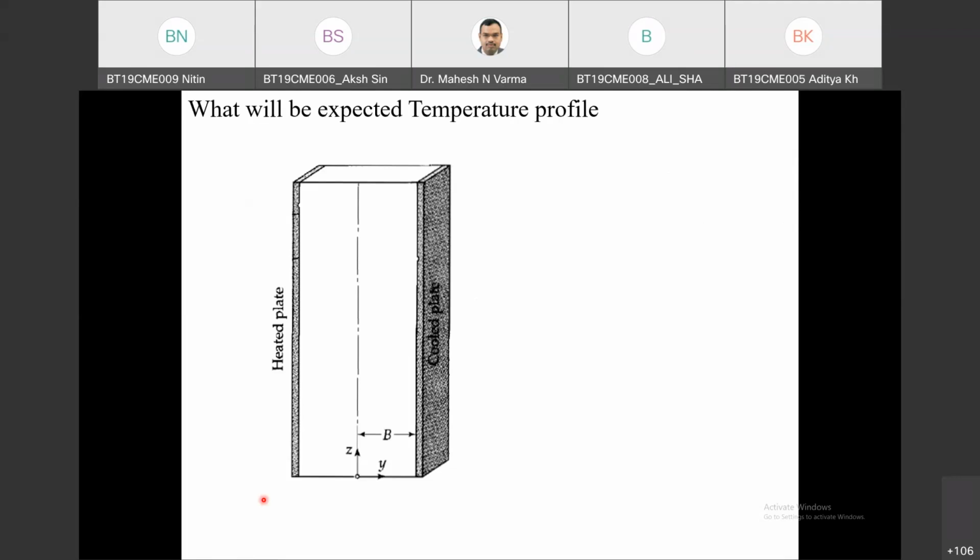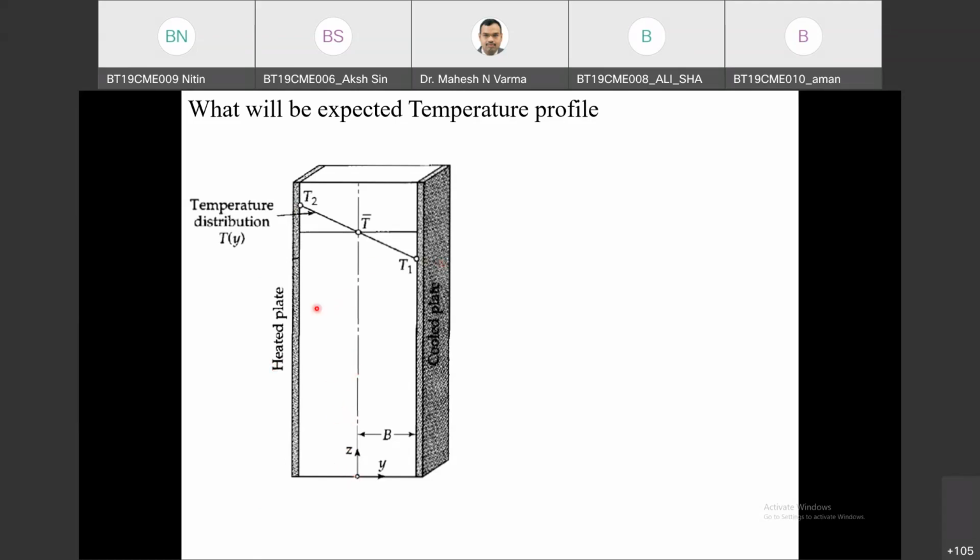Yes, sir. Expected temperature profile. The heated wall is maintained at T2, so it will be at higher temperature, and the cold wall is at the temperature T1. So here I will have higher temperature, here I will have lower temperature, and I can expect a linear variation. And what am I neglecting? A convective flux in z direction, because